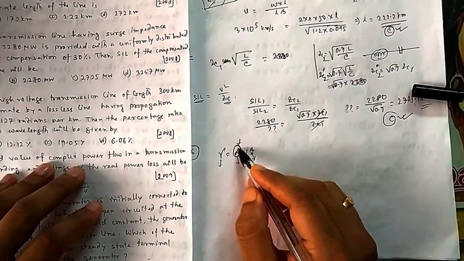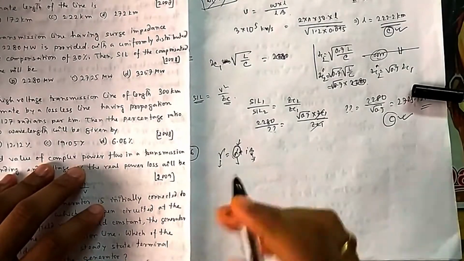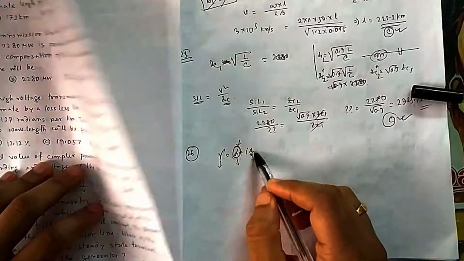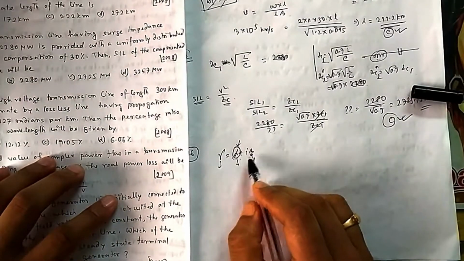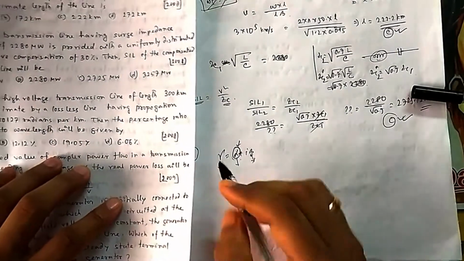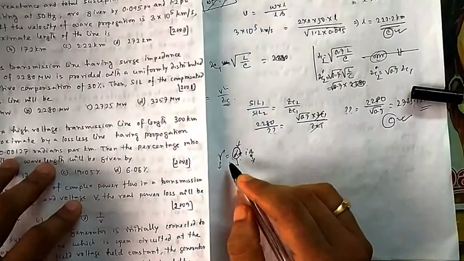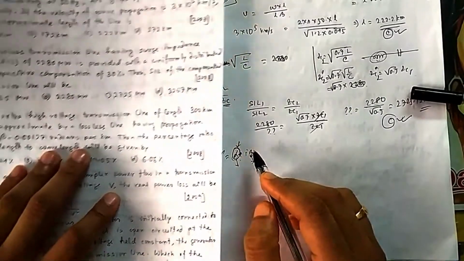So if it is lossless, then the real part is 0, no R and G is there, so in the line there is no loss. If the line is distortionless, then no phase constant is there, that is, no imaginary part is there, and then alpha becomes your propagation constant. So you have to be careful about that. Actually, this is the propagation constant; lossless, that's why beta becomes gamma.